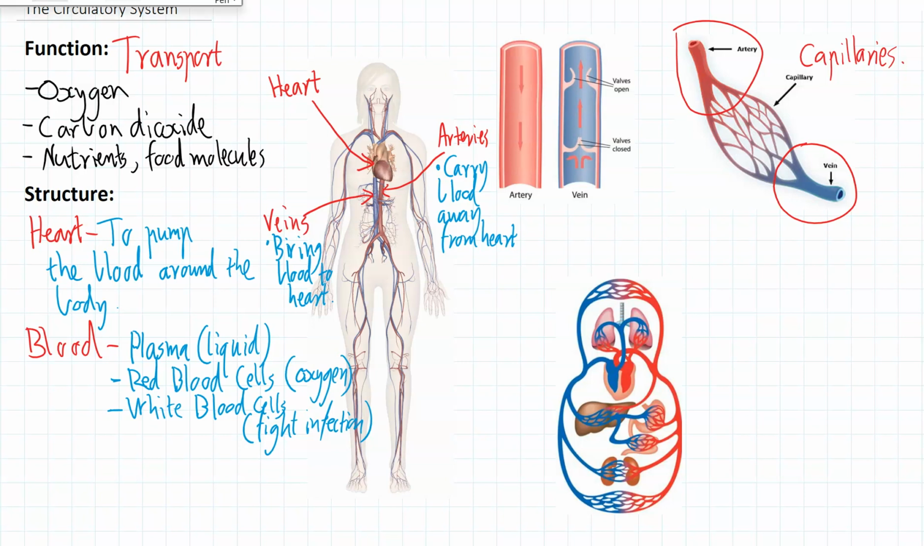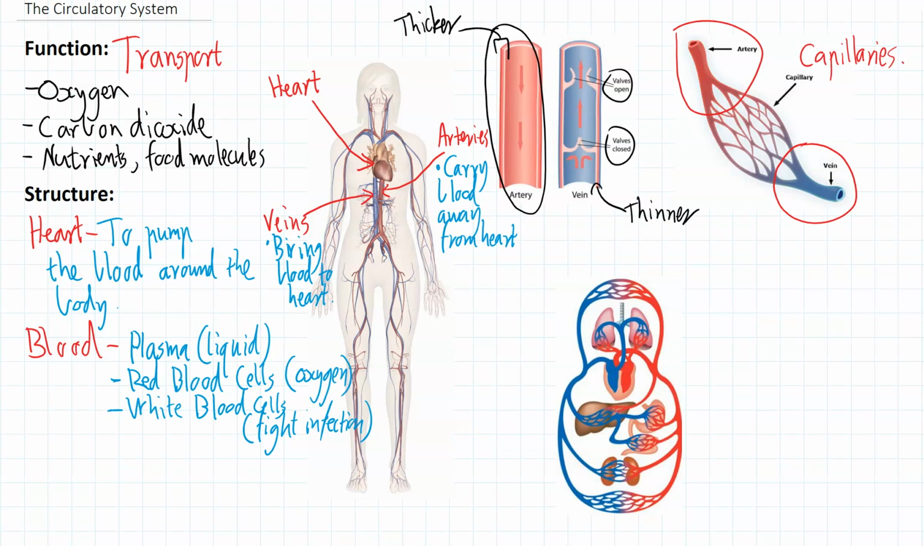There's also a couple of key differences between arteries and veins. You can see in the diagram here, arteries, it's a bit hard to see here, but arteries have a thicker wall than veins because they're under a lot more pressure. You would have heard of blood pressure. That's because the heart is pushing the liquid through the arteries under pressure. Veins are thinner, and they also have valves here, which you can see in the diagram. And that's because there's not as much pressure